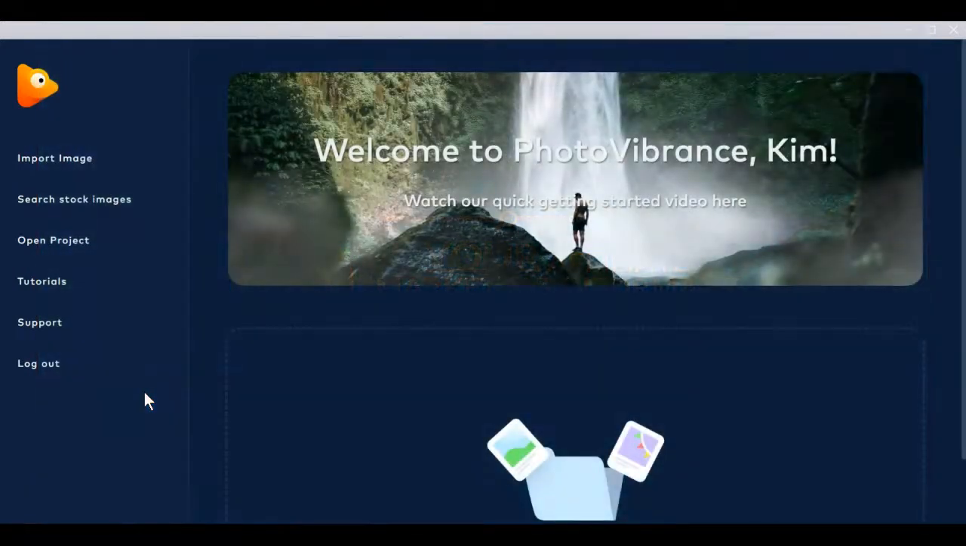This PhotoVibrance review is based on my honest opinion of actually purchasing this product myself and logging into the dashboard. I'm going to take you with me as I demonstrate PhotoVibrance and its various functions. My goal today is simply to give you a quick peek inside and try to answer some questions that you